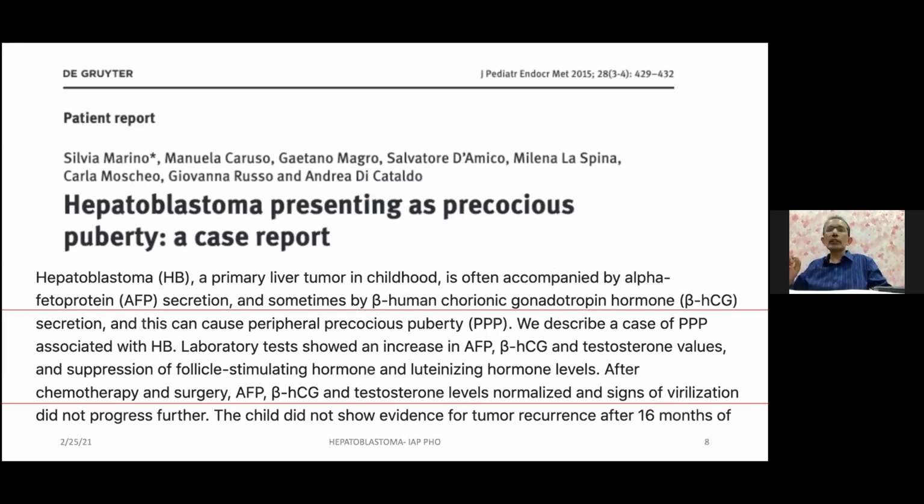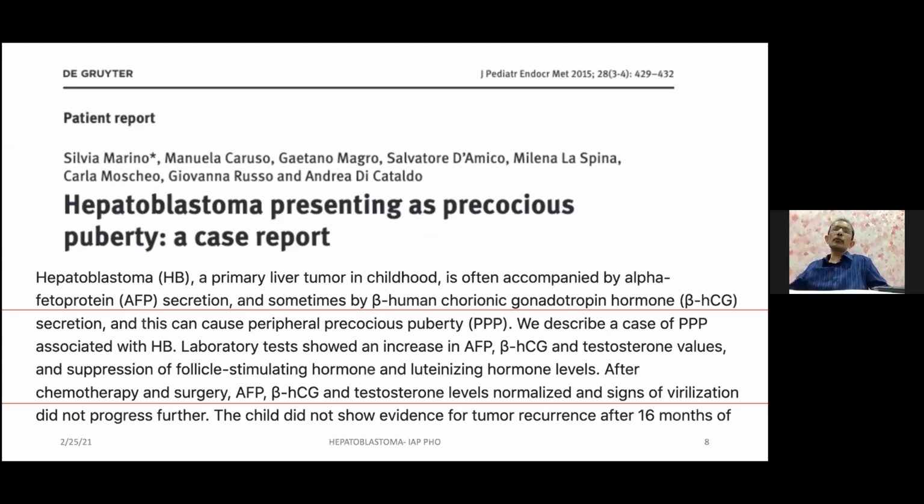How does hepatoblastoma present with precocious puberty? It is when the tumor secretes beta HCG. So that is one important point. This is all typical exam points. But if you have precocious puberty in pediatric oncology, if you have a central cause or adrenal cause, adrenocortical carcinoma,